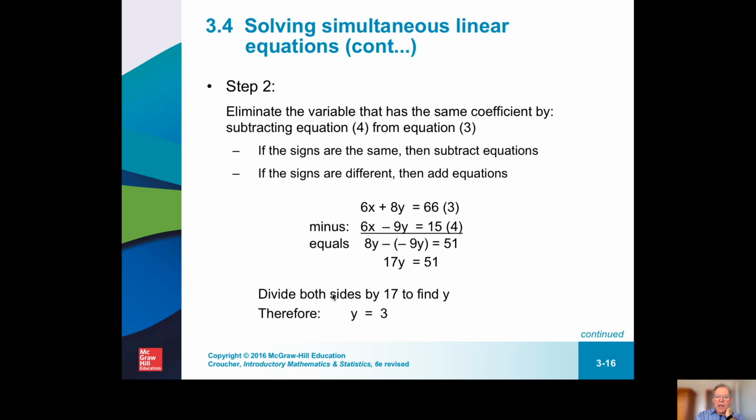So here we go. Now I've got to be very, very careful here that you remember that it's 8y minus -9y. You might think, oh, I've got to add these two, and you might get, oh, that's -y. So I've got to be very careful that you get it right. It's because you've gone 6x minus 6x is 0. Now 8y minus -9y becomes 17y. So just be careful there. And 66 minus 15 is 51. So now I can easily solve for y, divide both sides by 17,